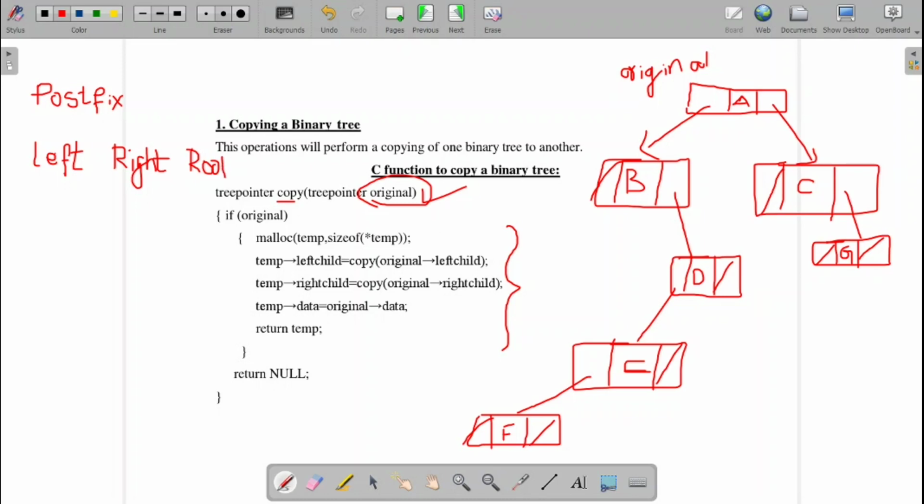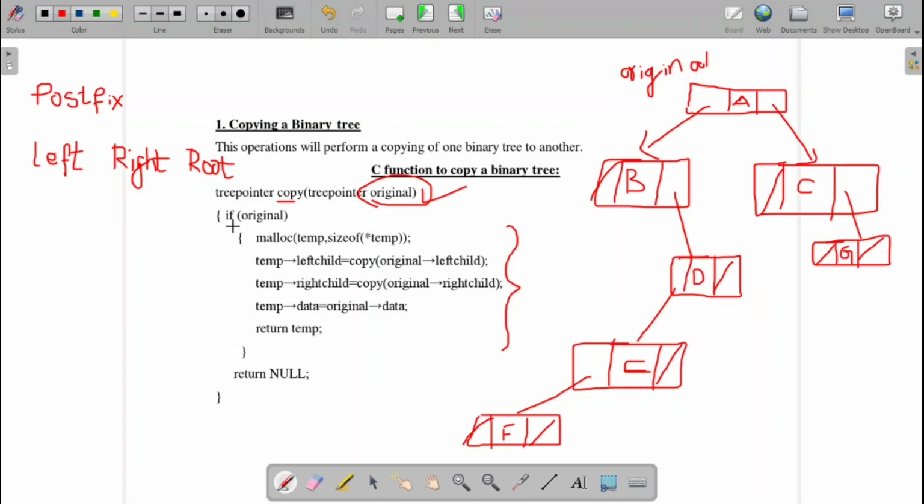The same thing is depicted here, but in place of traversing we go for copying. So it is a stack application. Let us look at how this will happen.